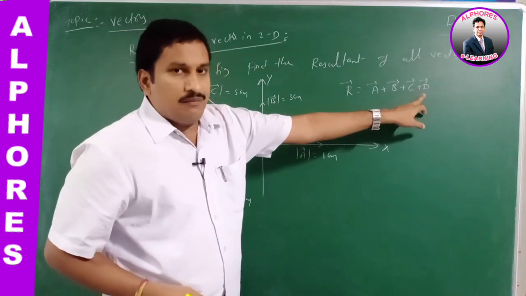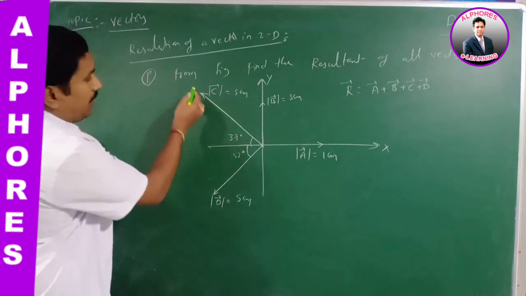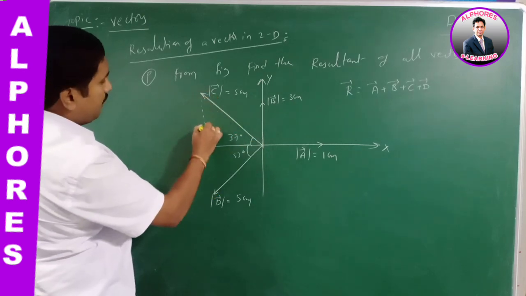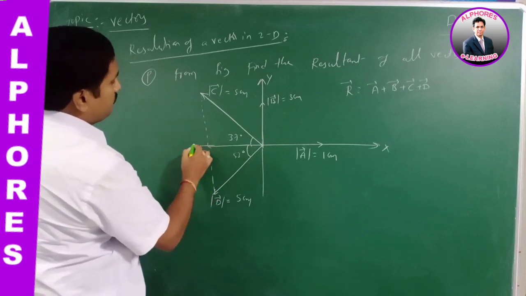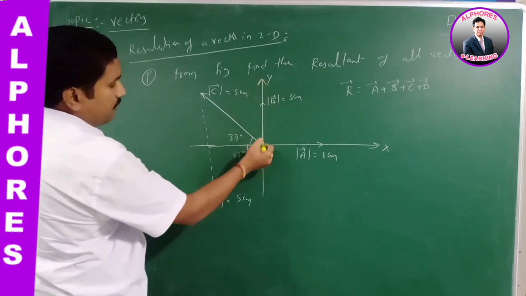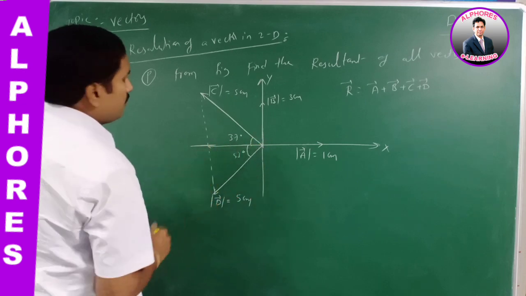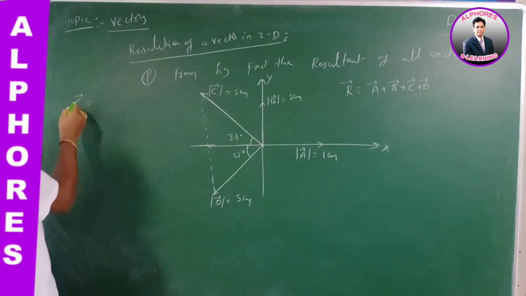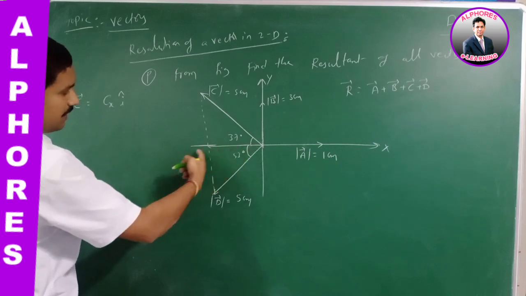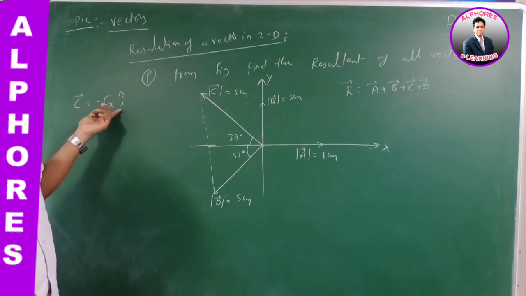What about the vectors C bar and D bar, because they make certain angles with the negative x-axis? According to the concept of resolution of vectors, the one taken in the second quadrant has two components: one component along the negative x-axis and one along the positive y direction. The other has one component along the negative x-axis and one component along the negative y-axis. Now I have to find the value of C bar. As per the condition, Cx i cap is along the negative x-axis, so I am taking minus. This was already covered in the resolution of vectors with a proper example.